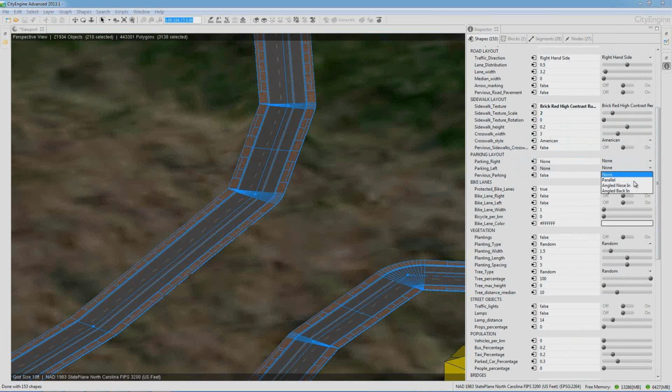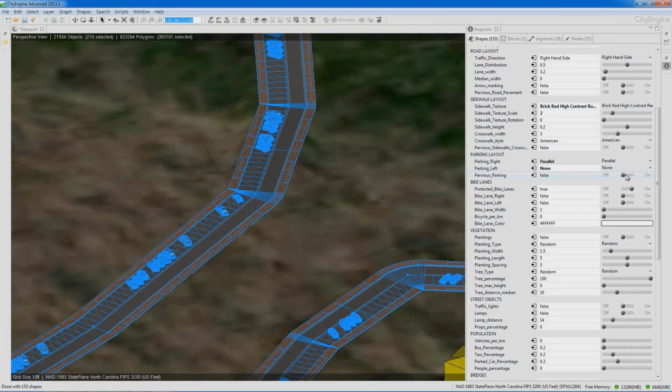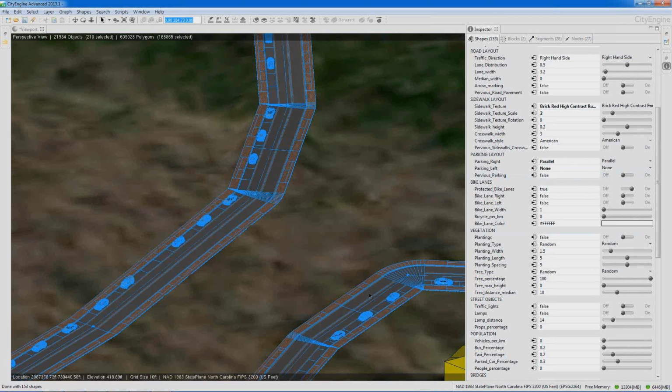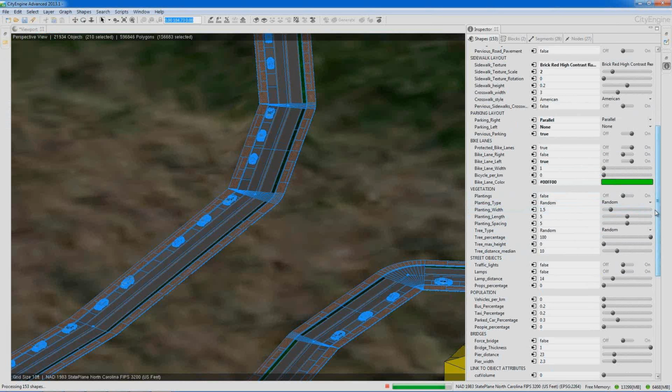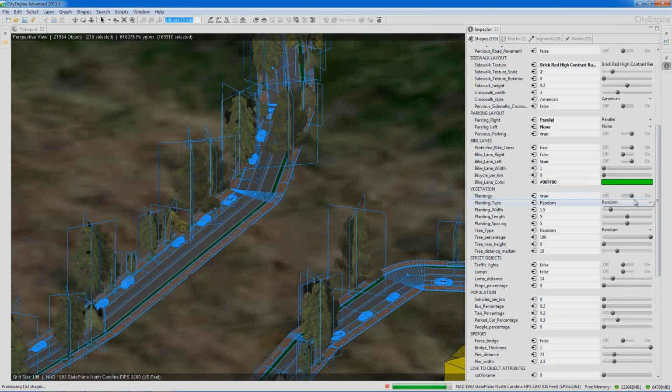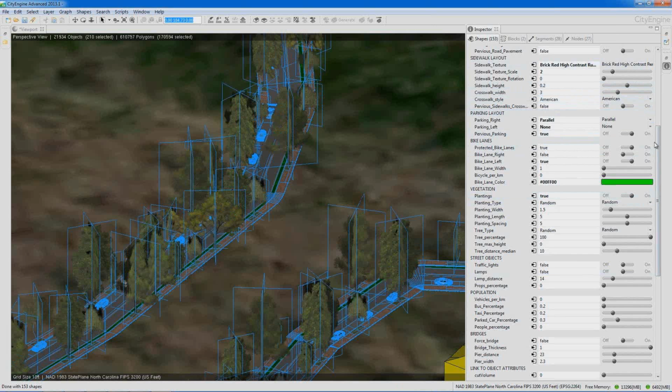We can add parking to one side of the road, so let's say maybe parallel or nosed in. So try nose in first, but since this is a residential neighborhood, we probably want to limit it to parallel so that we can have 2 lanes and it still works. And then turn off pervious parking, and we're going to get reporting on all this stuff so we know how large the areas are for pervious parking, the sidewalks. If we have a median in those areas, we know the number of trees that we place on the streets procedurally, and all that gets reported in our reporting,